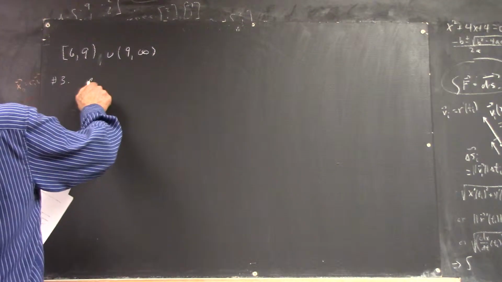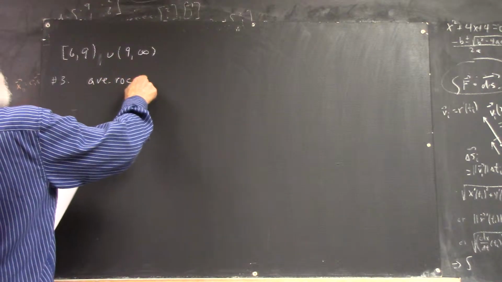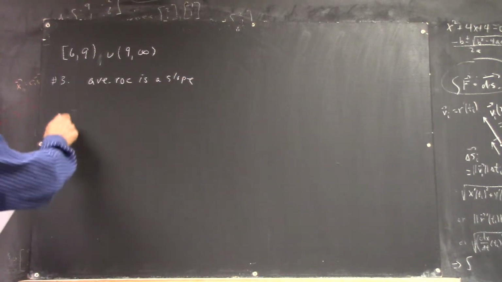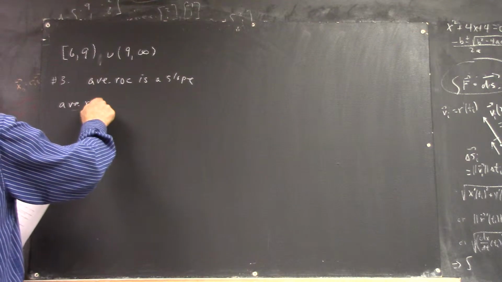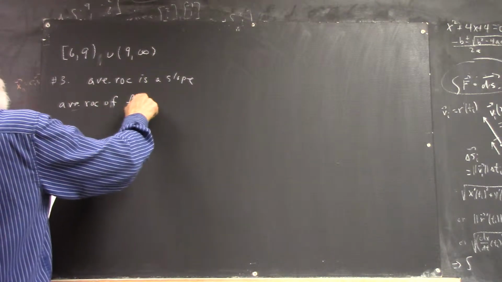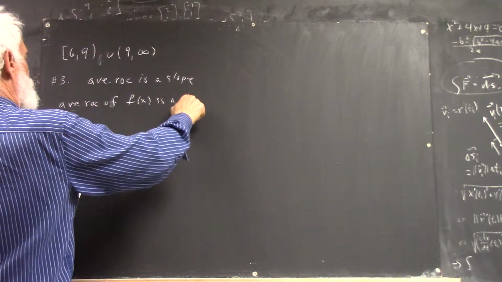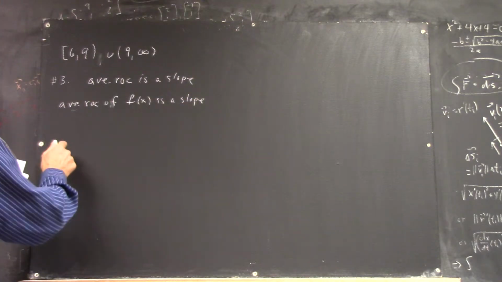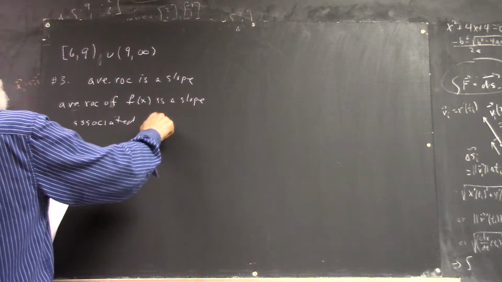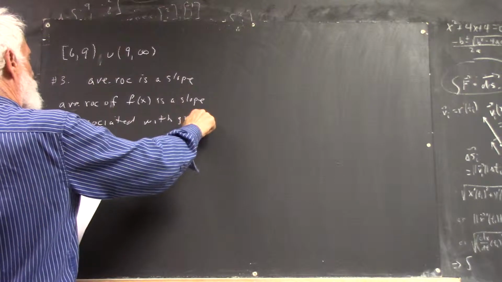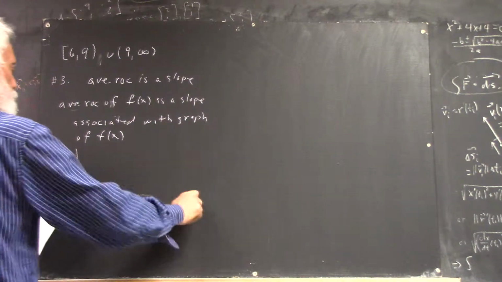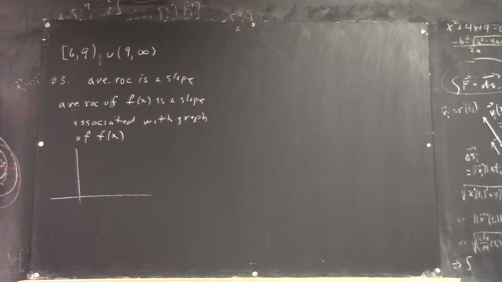So, average rate of change is a slope, average rate of change of f of x is a slope associated with the graph of f of x. So if you've got a graph of f of x and an average rate of change,